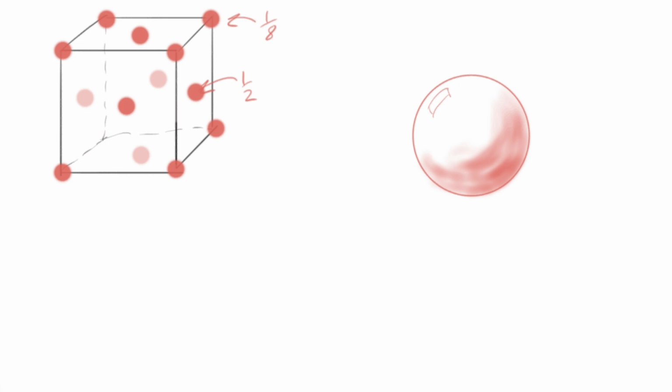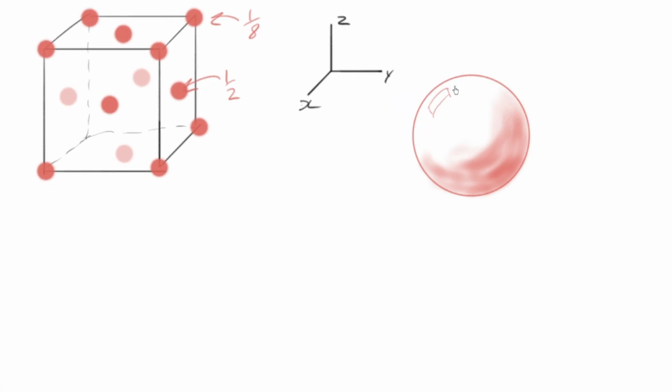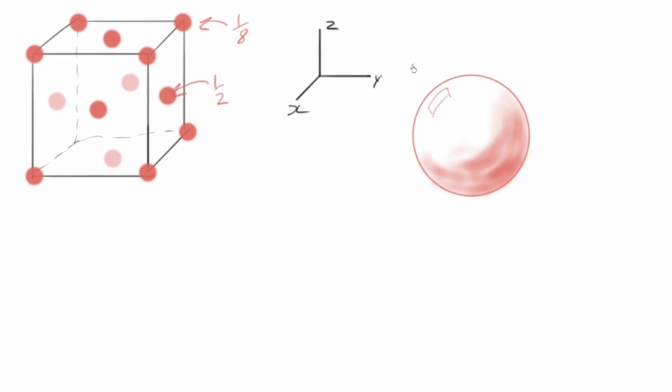I've started off with one of my spheres here, and what I'd like to do is say, look, let's slice this thing up, and let me set up some axes here for you. This will help. So that is going to be the x-axis, that's the y, that's z. You'll see why I did that in just a moment. It'll hopefully make a little bit more sense. So let's give ourselves a little bit of room there, and what I'm going to do is draw a little plane here for you